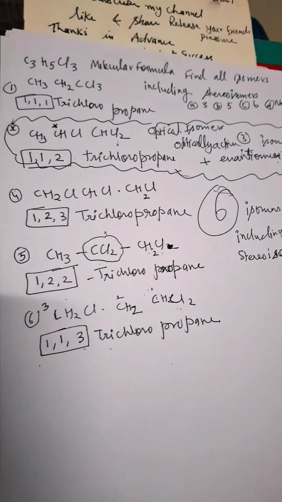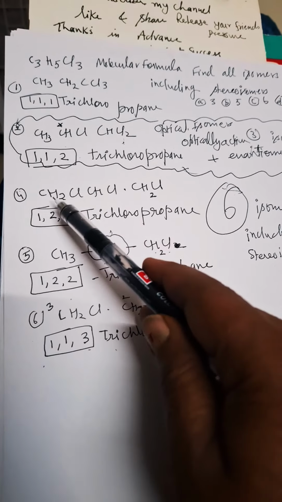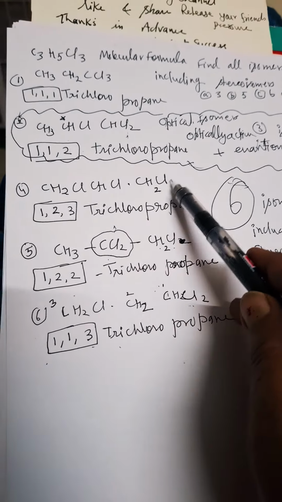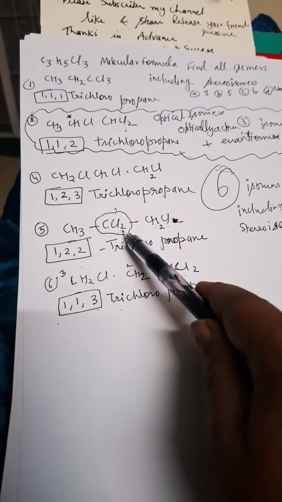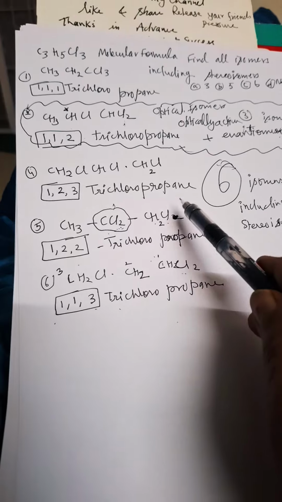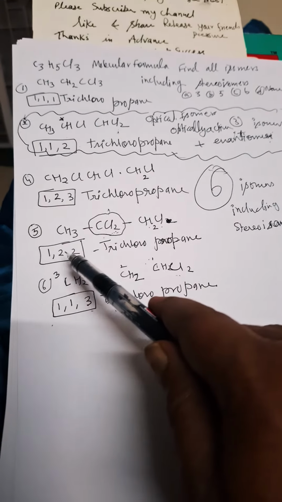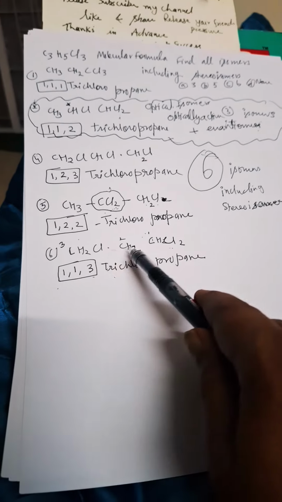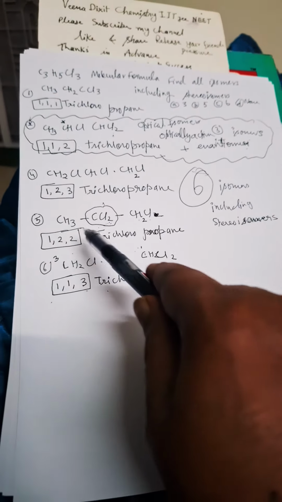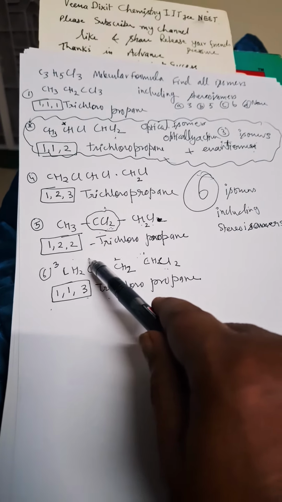because they are saying including stereoisomers, so you have to write this also. Now in the fourth one, each carbon bearing 1 Cl, so 1, 2, 3 trichloropropane. Then we will see that the second carbon has 2 chlorines and the first carbon has 1 chlorine, so 1, 2 trichloropropane. Now each of them, we have seen that chlorine is there. Now here, last carbon